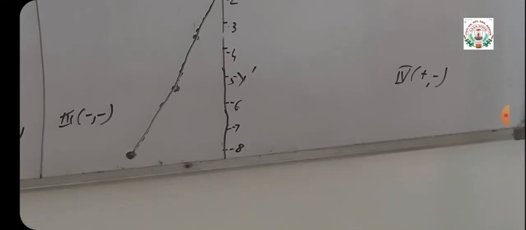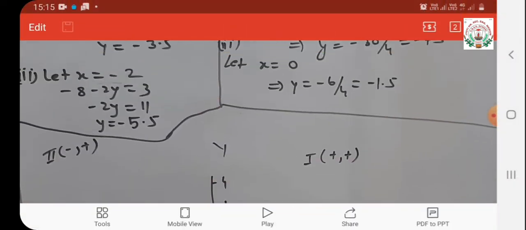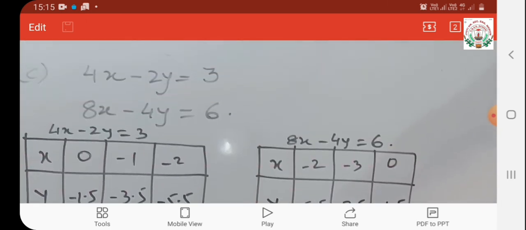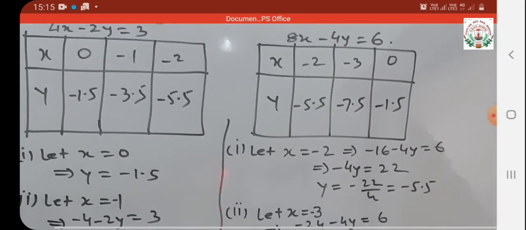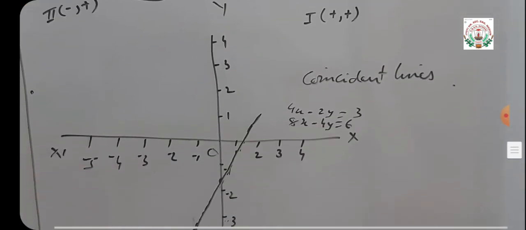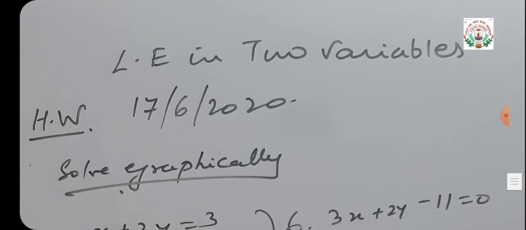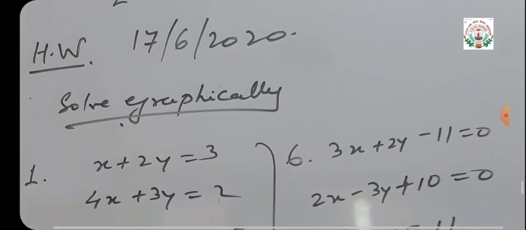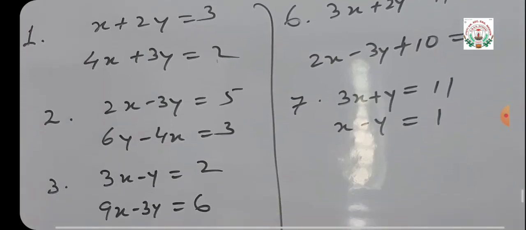These are the three methods for plotting the graph. First you plot the graph of these three linear equations for intersecting, parallel and overlapping or coincident lines, and then further for practice I am giving you 7 problems related to graphs. You have to solve these 7 questions in the graph copy.